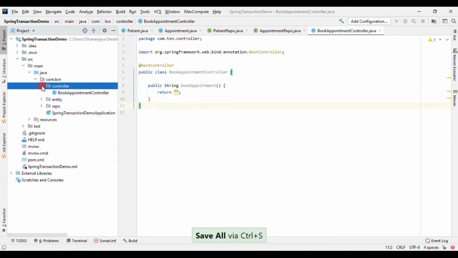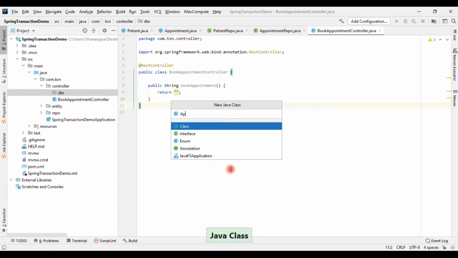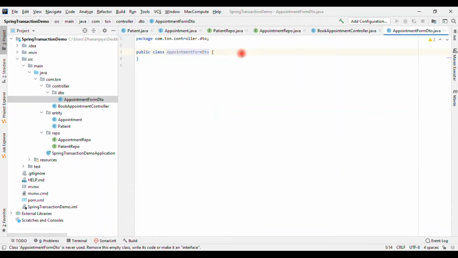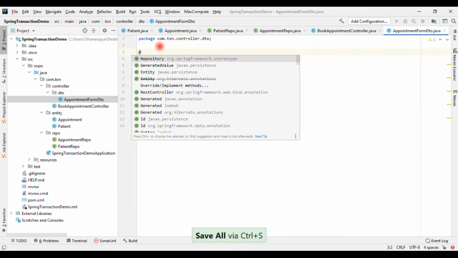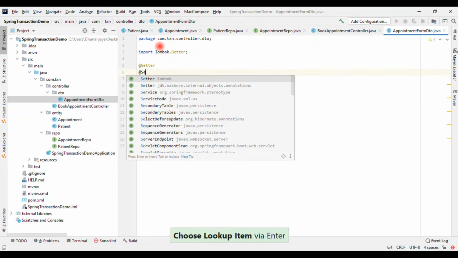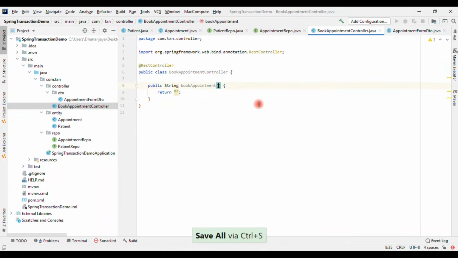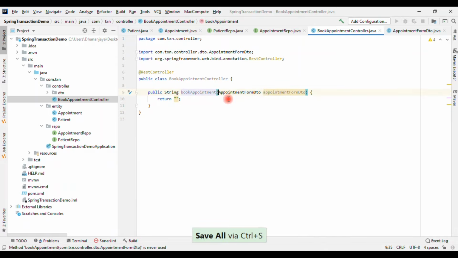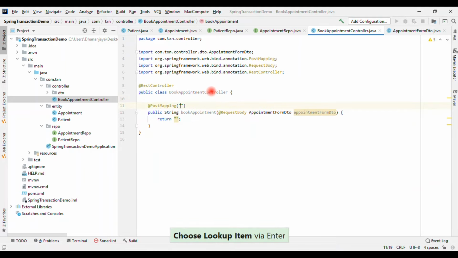Let me create a DTO for that, the appointment form DTO. The appointment form will have these four fields. Let me copy these four and paste them here. Let's annotate this with @Getter and @Setter. That's it. Let's go to the controller. Here we will pass the appointment form as a request body. We annotate this with @PostMapping, and the URL will be